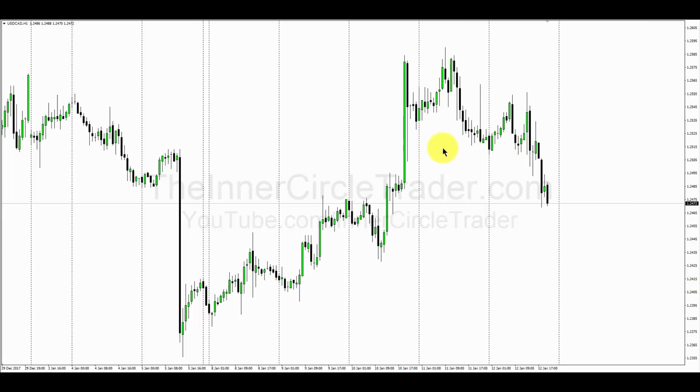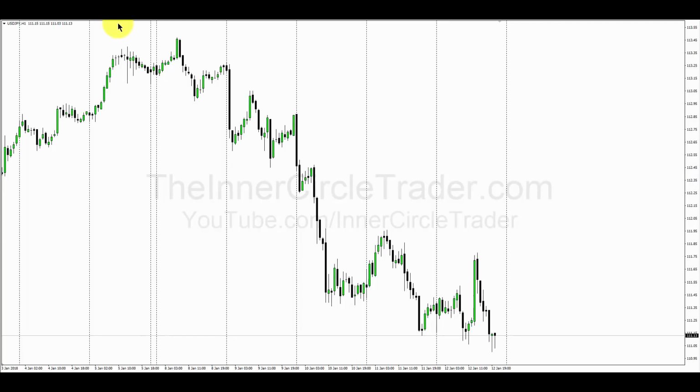All right, so I'm going to look at the dollar yen, and then we'll be done with the Forex LTD version of it. We're looking at the dollar yen. This is an hourly chart. I went right to the brass tacks with this one. I want to just show you